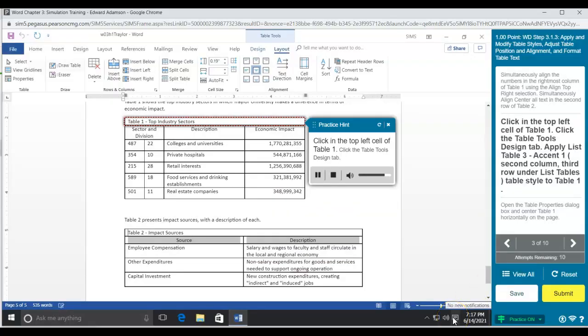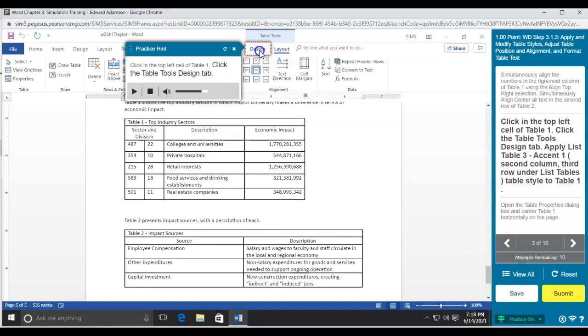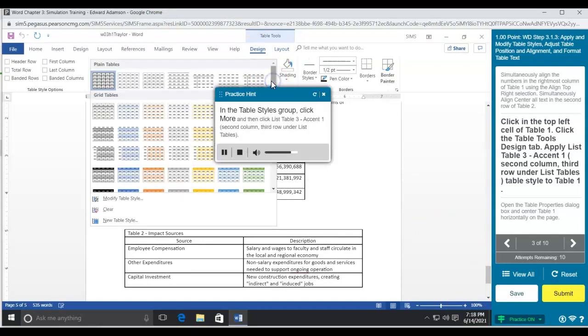Click in the top left cell of Table 1. Click the Table Tools Design tab. In the Table Styles group,